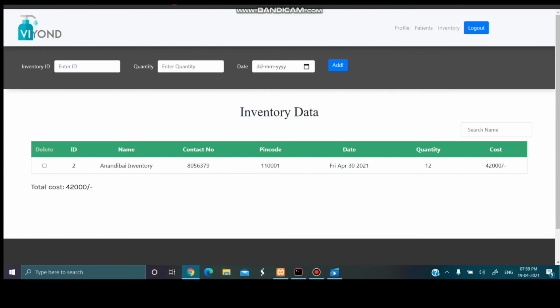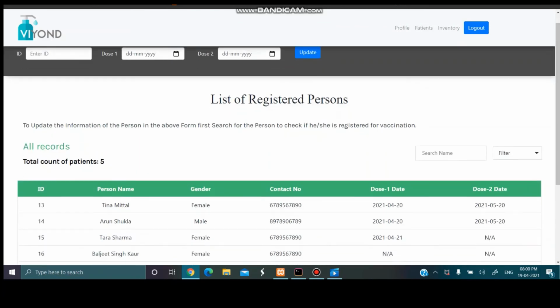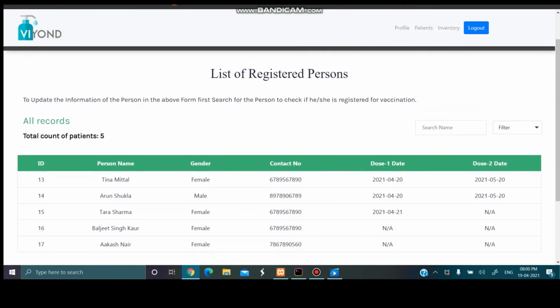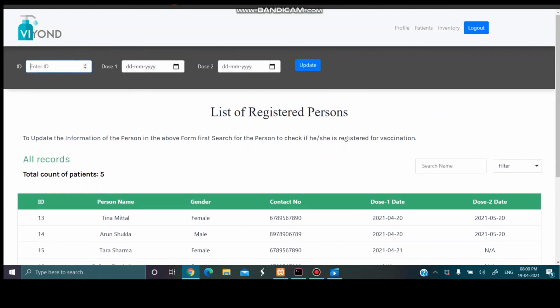So now in total I should have 7 vaccines. 2 that I previously used, 3 I removed, and so in the profile 7 should be visible. Okay, so 7 are actually visible. So now just vaccinate some of the people in my database. So let's vaccinate Tara Sharma with 1 vaccine. Dose 1 is already provided to Tara Sharma.